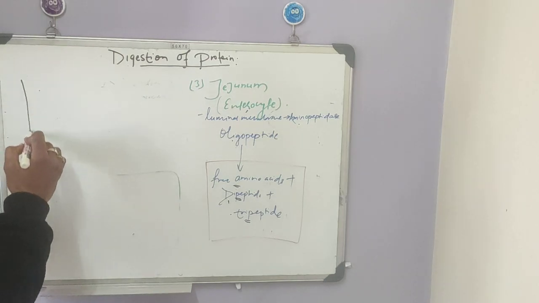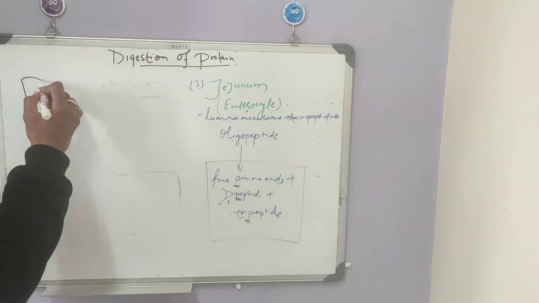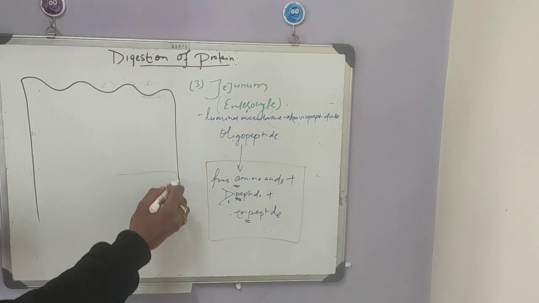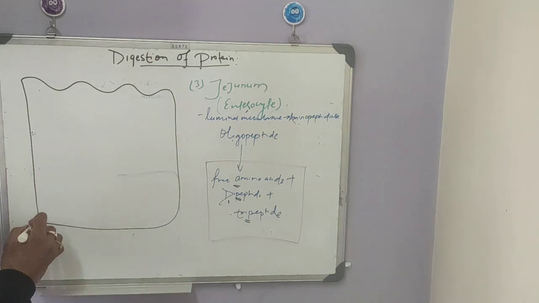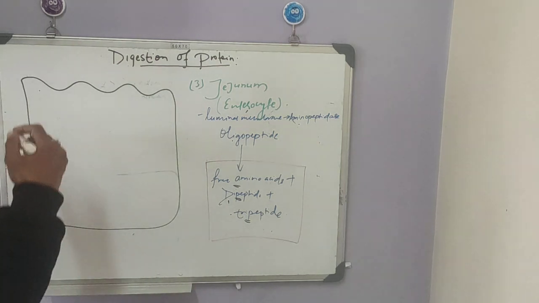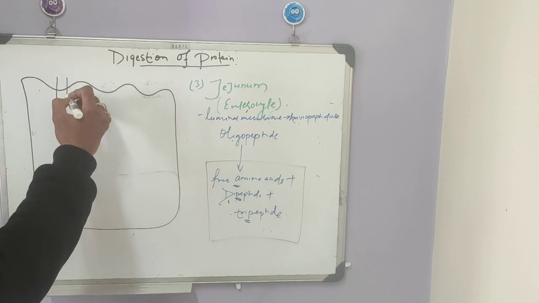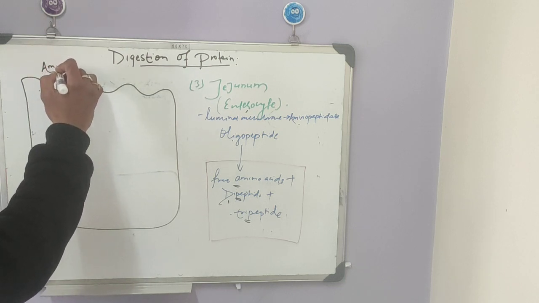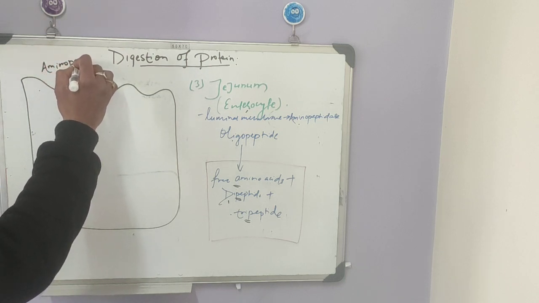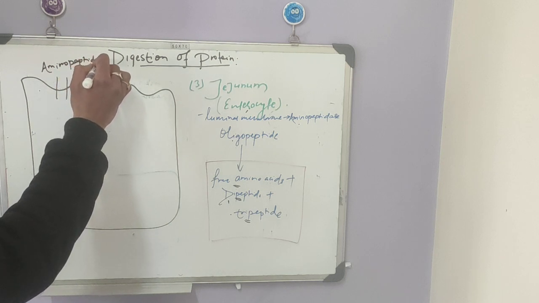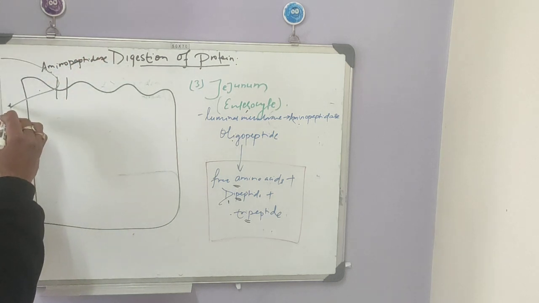Okay, so this one is an enterocyte from the jejunum, and we have an enzyme over here, aminopeptidase, that digests